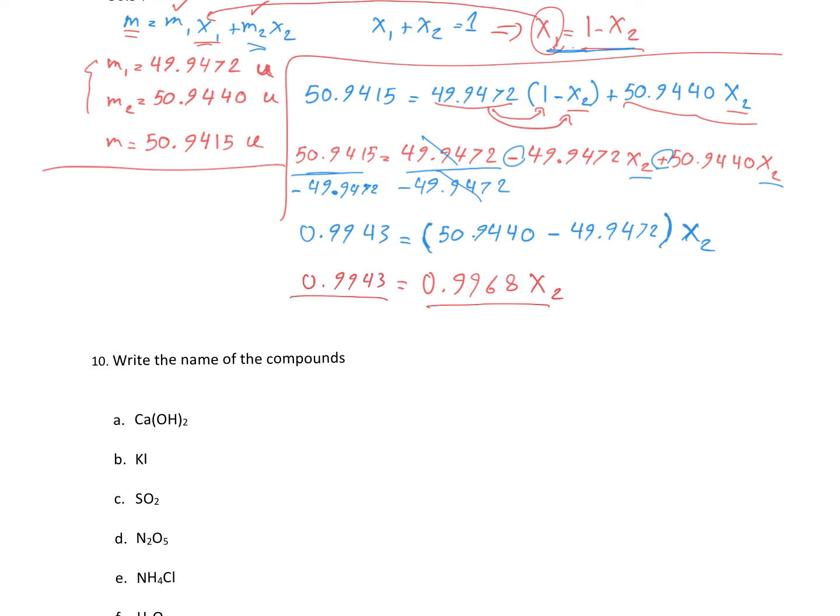So if you divide both of them by 9968, so we can cancel these two, and therefore x2 is, when you divide those two numbers, x2 is 0.9975,